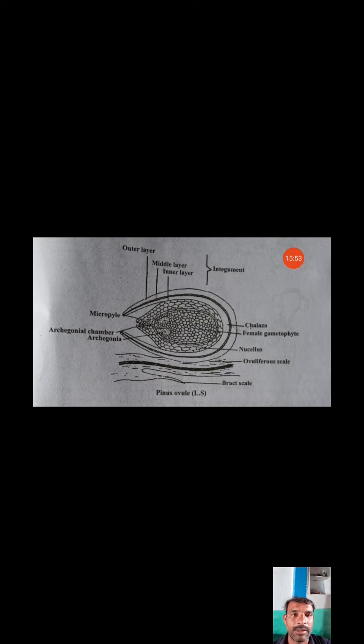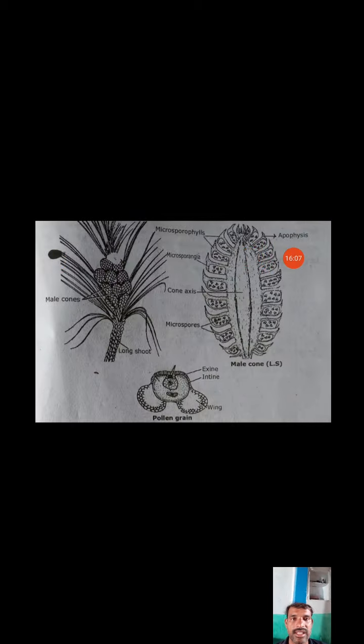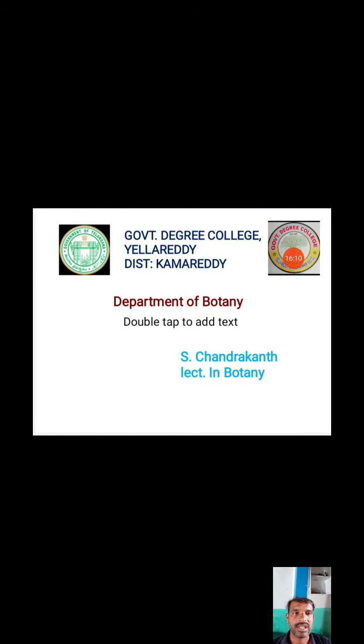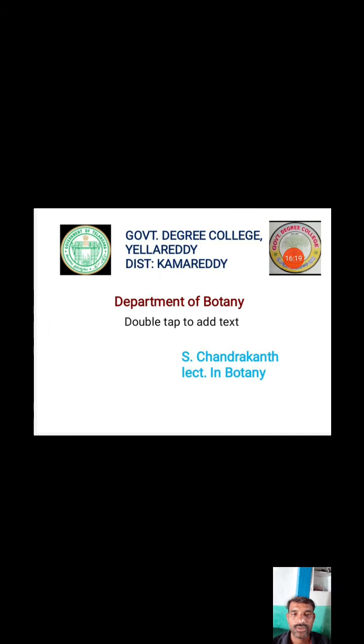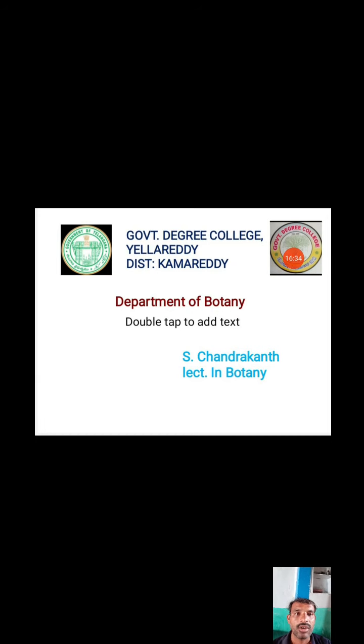Now I will explain embryo development. After the development of the male and female gametophytes, the male gamete and female gamete take part in the further reaction, which is the fertilization process. Fertilization is the fusion of the male gamete with the female gamete, which forms the zygote. The zygote contains two sets of chromosomes, so it is diploid in nature. The diploid nucleus of the zygote undergoes mitotic division, producing four cells, which undergo one more mitotic division.